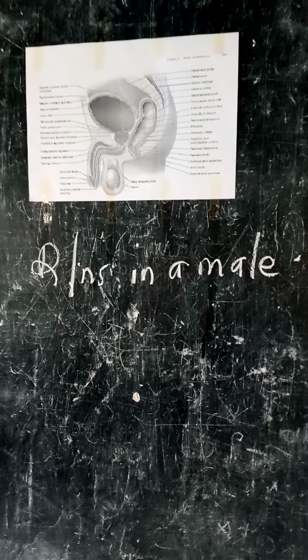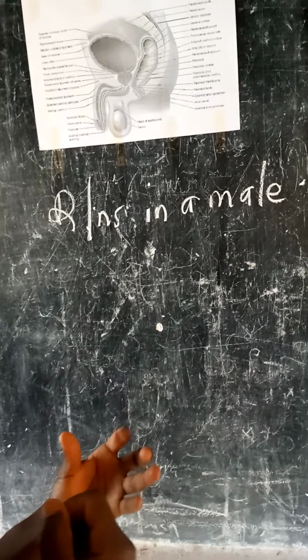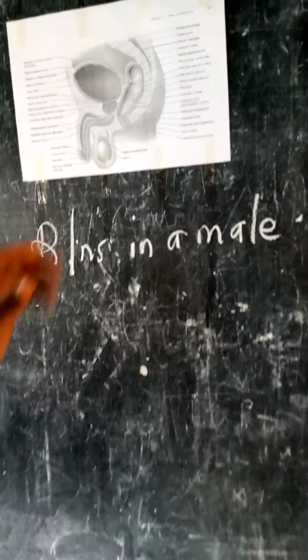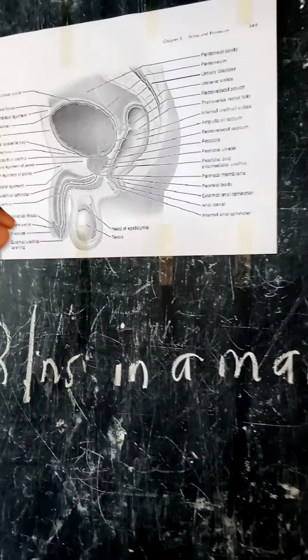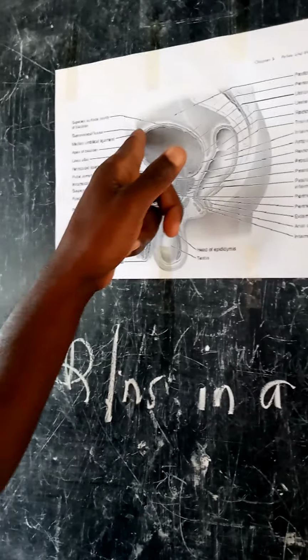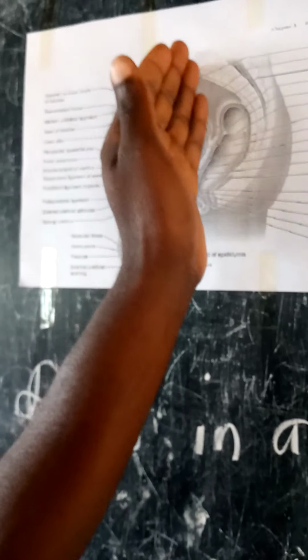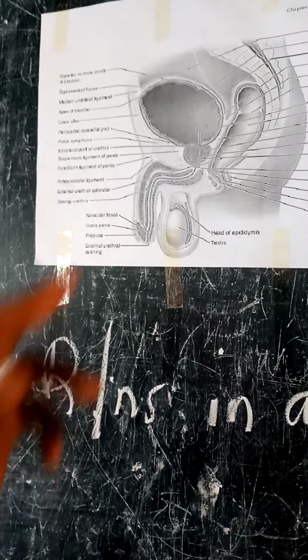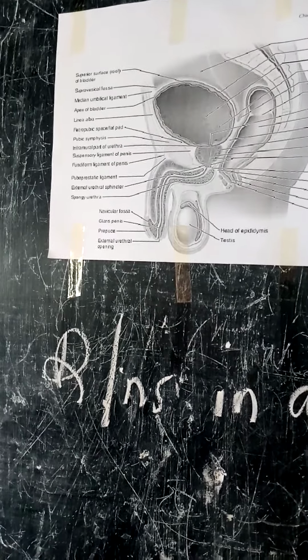to look at the apex, you will find that it is related to, the apex is actually behind the upper border of the pubic symphysis. I think it's not clear from this diagram, but it is behind the upper border of the pubic symphysis. This is the apex. So I believe the pubic symphysis is around here, so it is behind the upper border of the pubic symphysis.